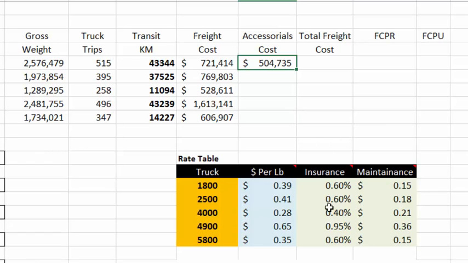Now, we don't know if these numbers are too high or too low. We're actually going to negotiate with insurance companies on the rate, so that could possibly go down in the future. Now, that's only part of it. We still have to do maintenance. So let's double click